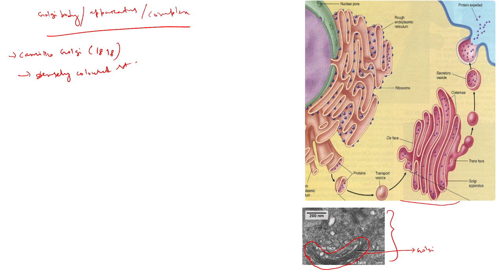It was seen in the electron microscope for the first time, and it was very black or very darkly stained. So that's why the densely colored structure present inside the cell is called the Golgi apparatus. The Golgi apparatus is found in all cells except